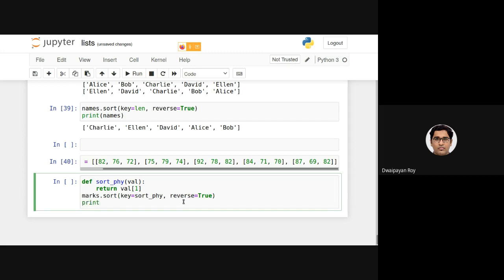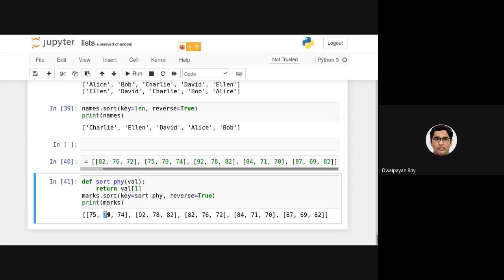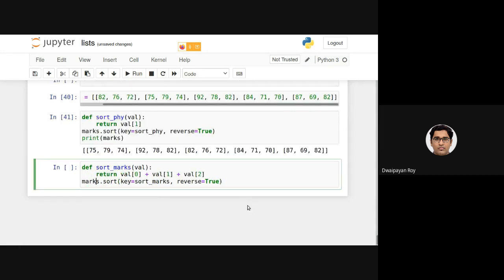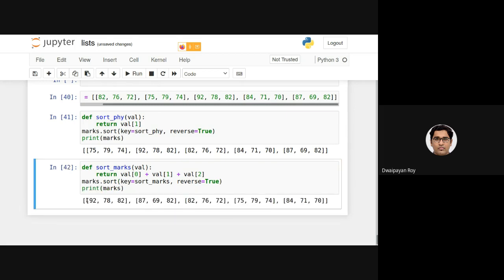and if I print marks, as you can see, this is sorted based on the marks in physics: 79, 78, 76, 71, 69. And similarly, if I want to sort them based on the total marks obtained, as you can see, this is the highest marks.